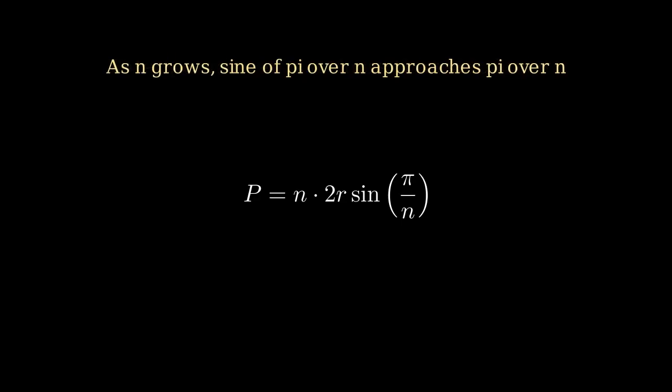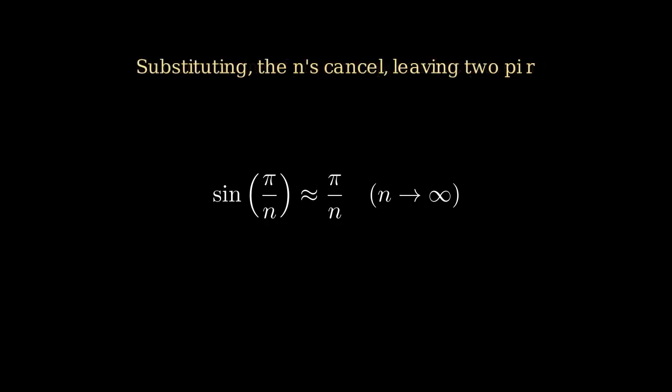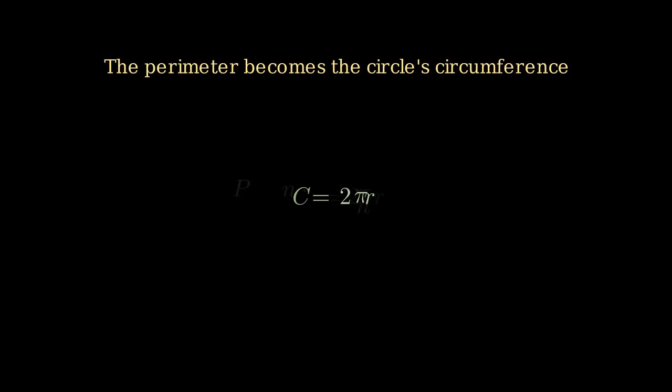Now let n grow larger and larger, more and more tiny sides hugging the circle more closely. As n goes to infinity, sine of pi divided by n behaves just like pi divided by n itself. Substituting that in, the perimeter becomes n times 2r times pi divided by n, and the n's cancel, leaving exactly 2 pi r. So in the limit of infinitely many, infinitely small sides, the polygon's perimeter becomes the circle's true